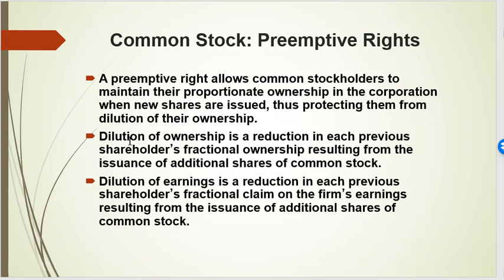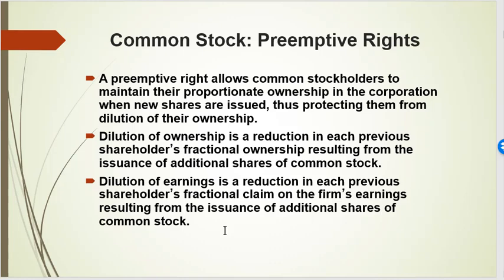Now, when a company issues stock, what happens, right? They refer to this as the dilution of ownership. This is what happens when some of the shareholders cannot buy these additional shares of stock. So now the voting rights, the rights to assets and profits, are now distributed over a wider range of people. So we have a dilution of ownership when they cannot repurchase these shares or buy these shares. And in the end, we also have a dilution of earnings.